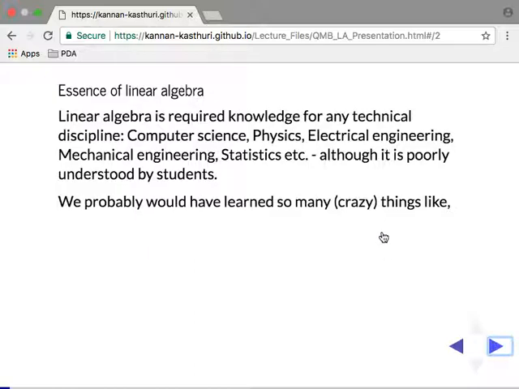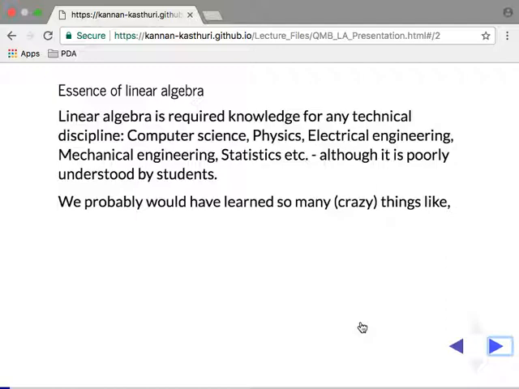And the essence of linear algebra is required for almost all disciplines. If you ask me what the fundamental course one should take in mathematics is, I would say linear algebra. It's one of the most useful courses, be it computer science algorithms, statistics, electrical engineering or mechanical engineering. Matrices are the fundamental blocks. It's poorly understood by students, for so many reasons. Most courses have emphasized the rigor of working with matrices rather than the underlying geometric intuition behind them.